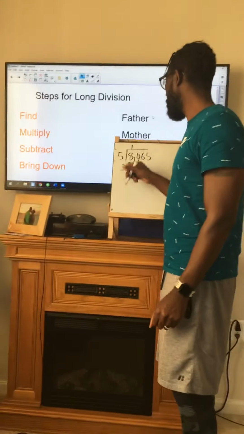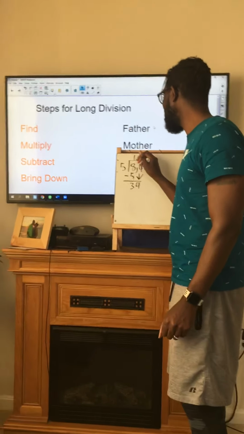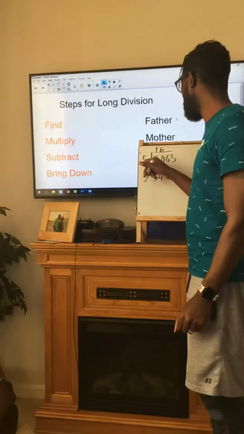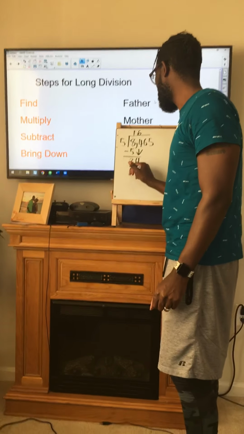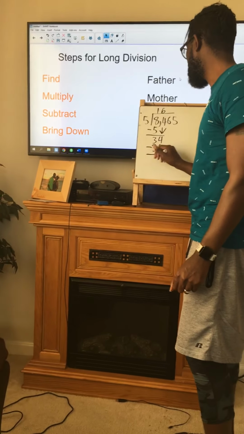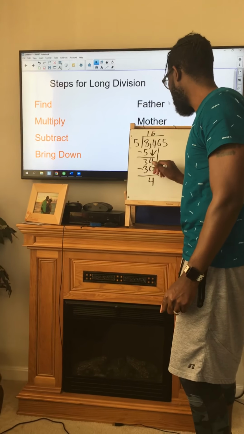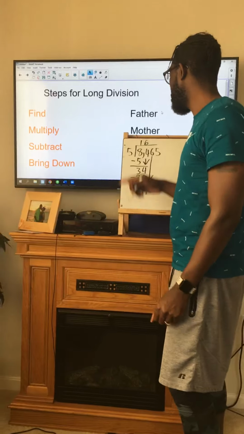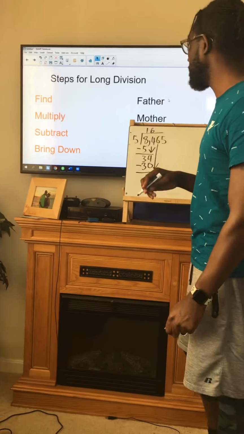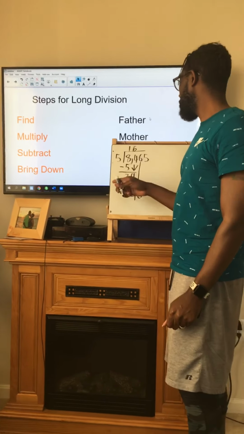Out of 34, I can find 6 equal groups. I'm going to multiply. 5 times 6 equals 30. Then I'm going to subtract. 34 minus 30 gives me 4. Bring down my 6. And then now I'm going to start over again and find how many equal groups of